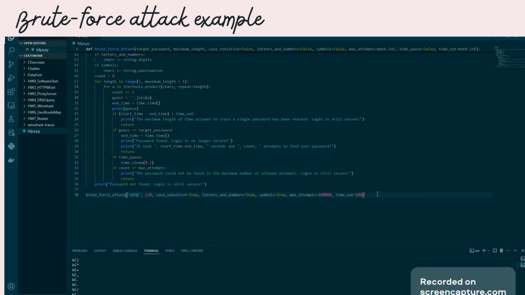And I can also simulate the timeout on a much smaller password so that you can actually see the effects of that. We can go back to ABC, and we can remove all of these additional characters. And I'll show you again what it looks like without the timeout. So as you can see, it takes well under a second. But with timeout or time pause, which adds just 1/10 of a second between each password attempt, this brings it up to